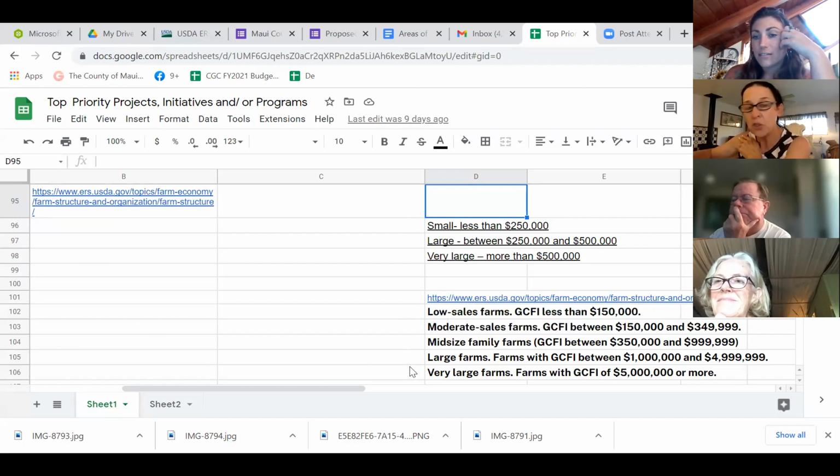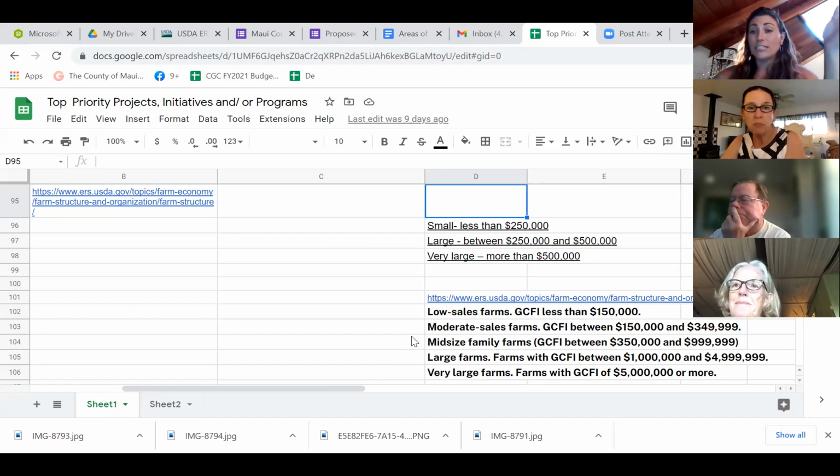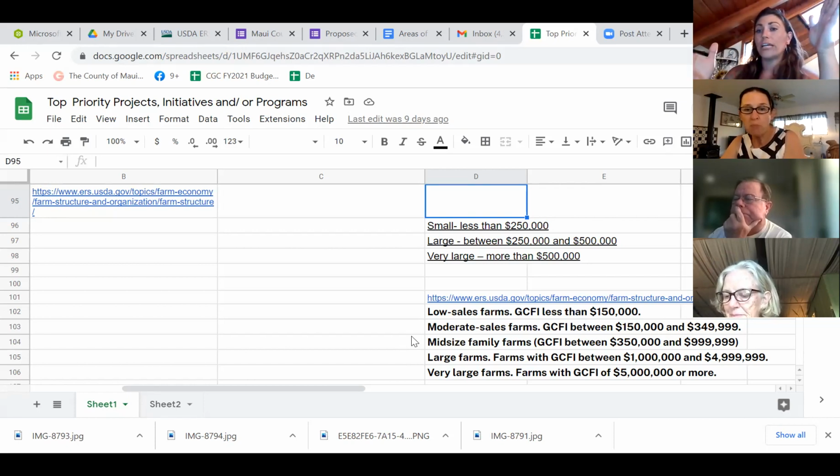Okay, so is there anybody that doesn't want to go with the second one for the breakdown? Okay, so we'll go with the second one. Is there anyone that doesn't want to change it from farms to agricultural operations? Okay, perfect. And then for the targeting of resources, we obviously don't want it to be wide open from low all the way to very large. So where do you think the majority of the assistance should be directed? Do we think that's mid-size down or moderate down? Moderate down. I would say moderate down.